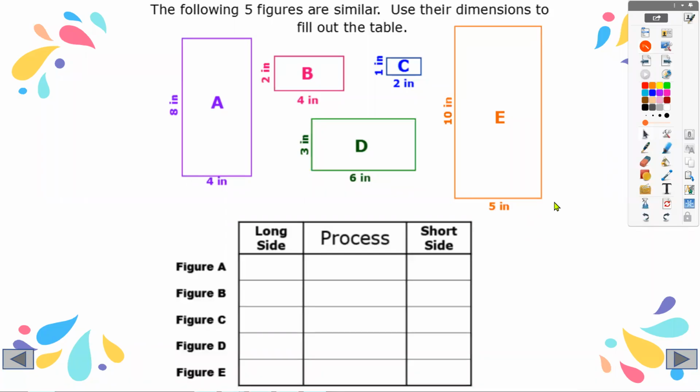Today we're going to look at similar figures and find missing side lengths. All similar figures are really just proportional relationships. If figures are similar, that means that they are proportional to one another, which means I can solve things as a proportion. So if I look at these 5 rectangles here, let's start with figure A, which is the purple